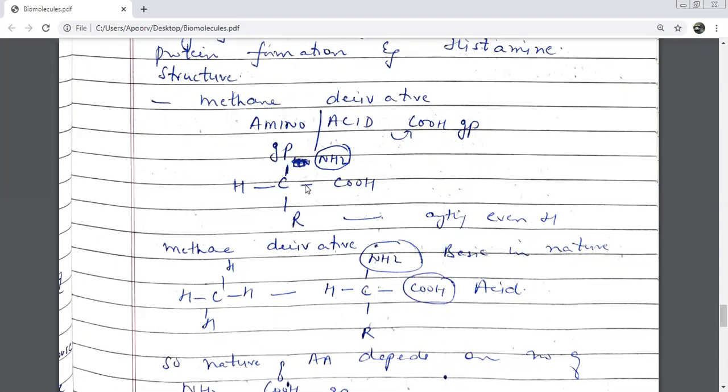See, keep the carbon of methane in the middle in its place. See this carbon and this carbon, I have not touched it. I have not touched this hydrogen also. Just this upper hydrogen has been replaced by an amino group, NH2. Can you see over here? Which group? Yes, ma'am. So this hydrogen is replaced by an amino group, and there is one